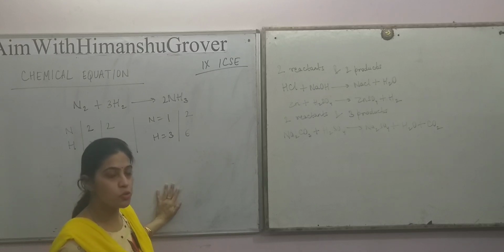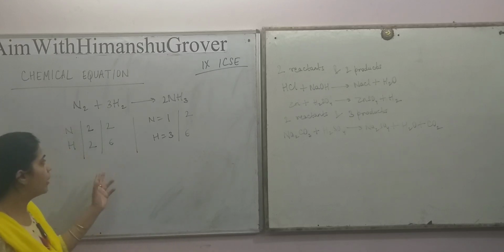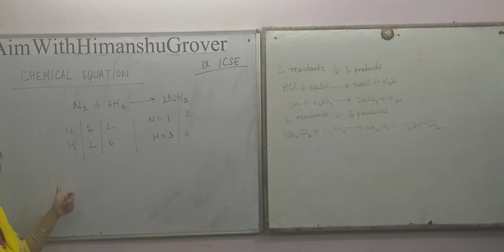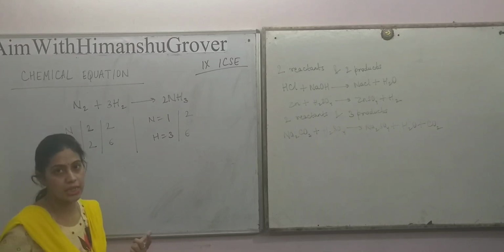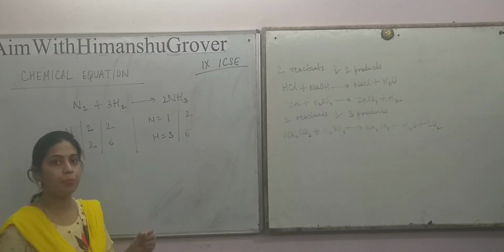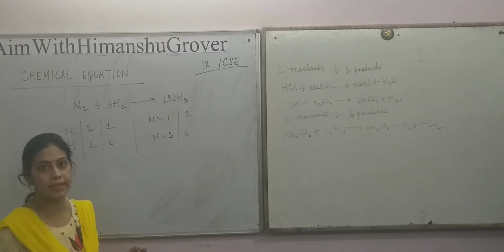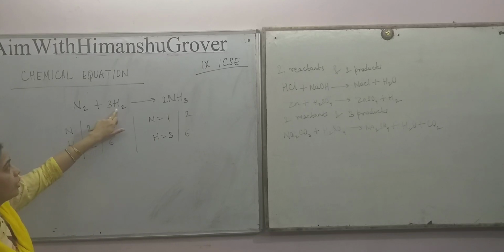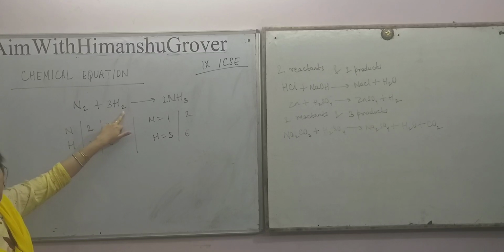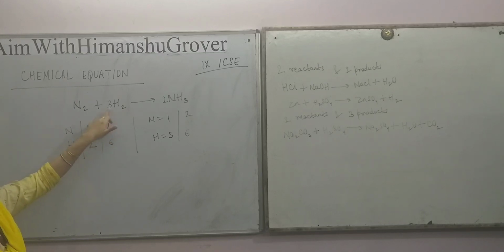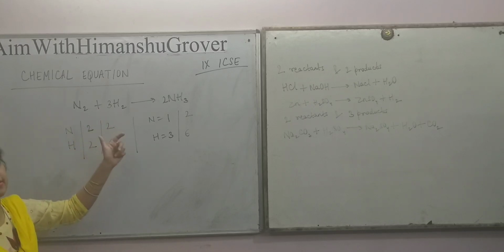अब ये equation balance हो गई. But remember one thing, जब भी हम कोई नंबर ऐड करते हैं यहाँ, तो वो हमेशा ऐड होता है उस मॉलिक्यूल से पहले. Before the molecule, always the number is added. कभी भी हम सबस्क्रिप्ट में नंबर को चेंज नहीं कर सकते. अगर मैंने हाइड्रोजन को 6 बनाना था तो मैंने 2 की जगह यहाँ 6 नहीं किया और ना ही किया जा सकता है. मैंने इसके आगे 3 लगाया, so 2 3s becomes 6.